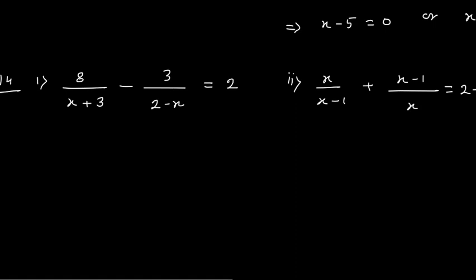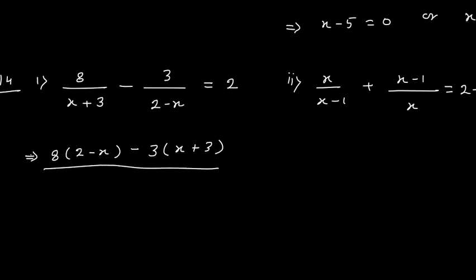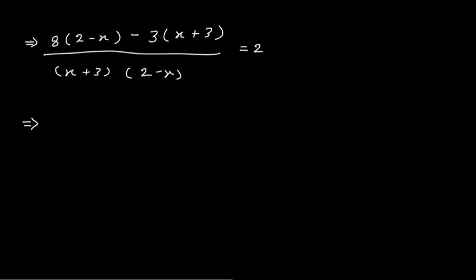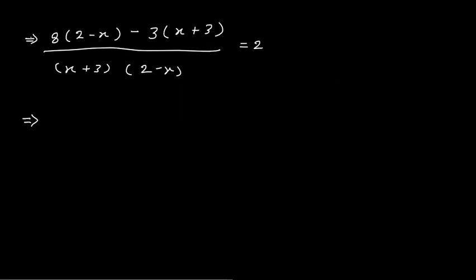Now here is the next problem: 8 upon (x minus 3), (x plus 3), minus 3 upon (2 minus x) is equal to 2. Again, what you will do here, you will cross multiply. So you say that this 8 into (2 minus x) minus this 3 into (x plus 3), whole divided by this (x plus 3) multiplied by (2 minus x), and this whole is equal to 2. So this implies, now we open the numerator, it is 8 twos are 16